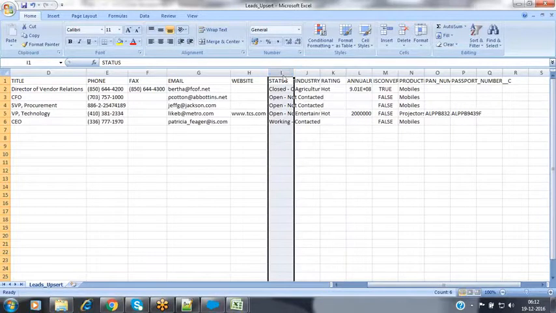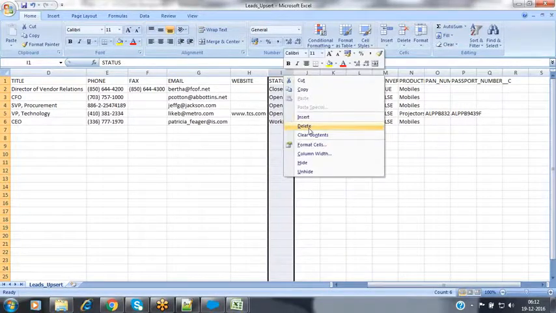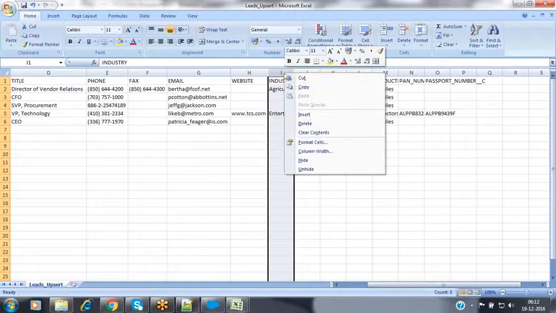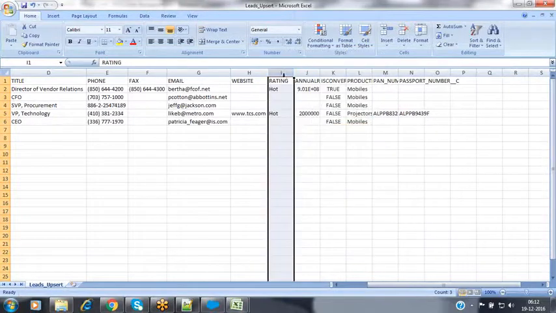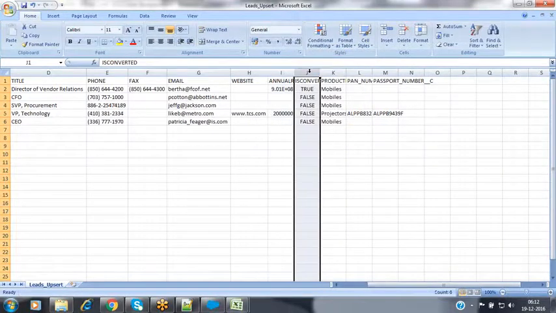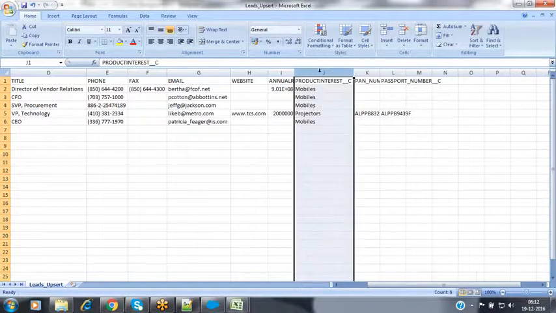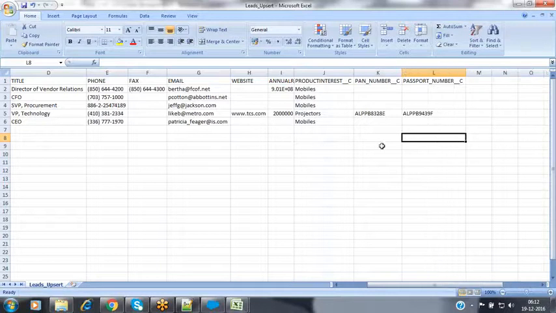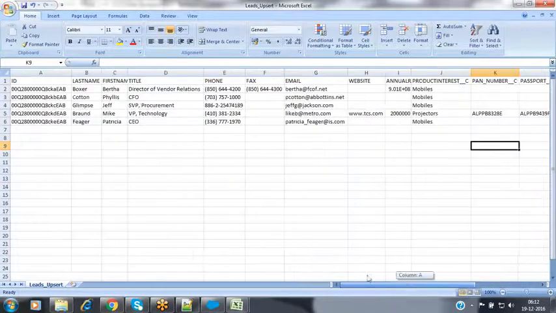Status I don't want to update. Industry I don't want to update. Rating I don't want to update. Annual revenue, is converted also I don't want to update. And the PAN number and the passport number. So these are the values that I would like to update right now.